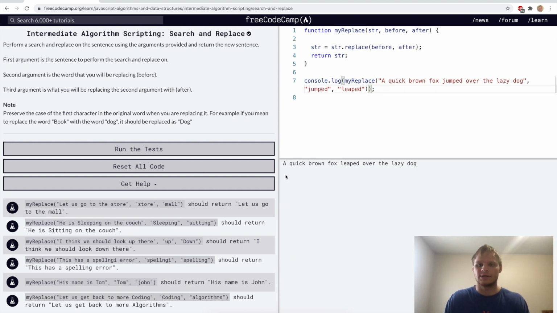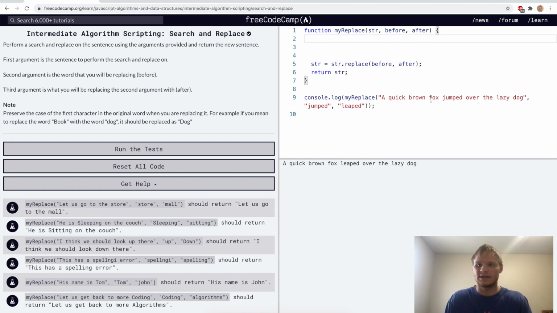So yeah, there it says "a quick brown fox leaped over the lazy dog" instead of "jumped," but it doesn't handle the cases where this is uppercase, so we have to do that a different way. And the way we will handle that is by finding the index of this word by doing let index equal string.indexOf(before). So that finds the index of "jumped" in here, and then we want to see if it's uppercase or not. So if string[index]